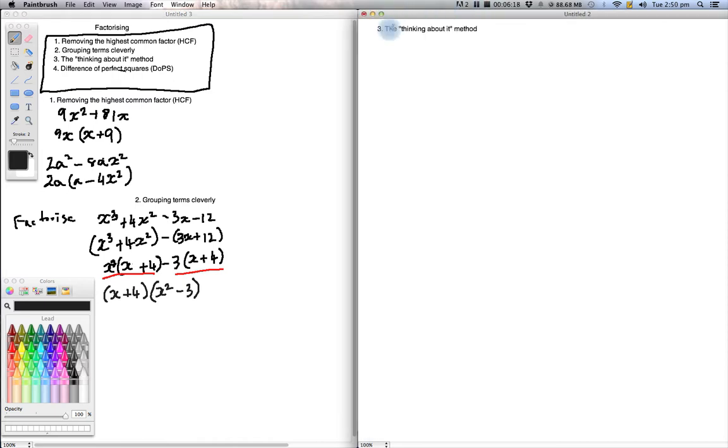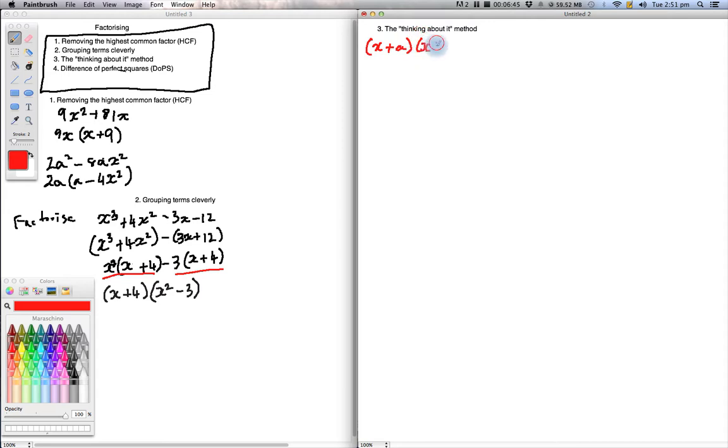Okay, next up we have my favorite method. It's called the thinking about it method. This one's good because you just basically have to think about it to know how to do it. So to start us off with the thinking about it method, we need to remember a result that we had from the last video, which is if you want to expand something that's x plus a